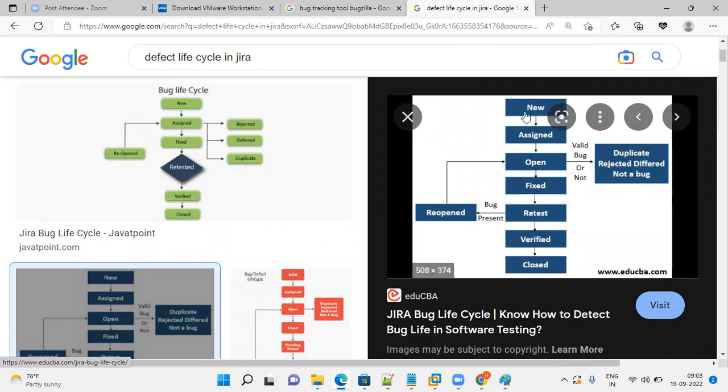First thing is new. When you report a defect, you just raise the defect now. You come to know like